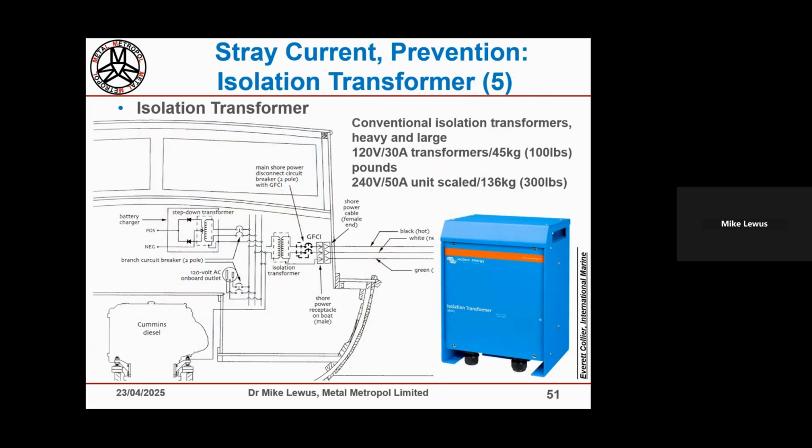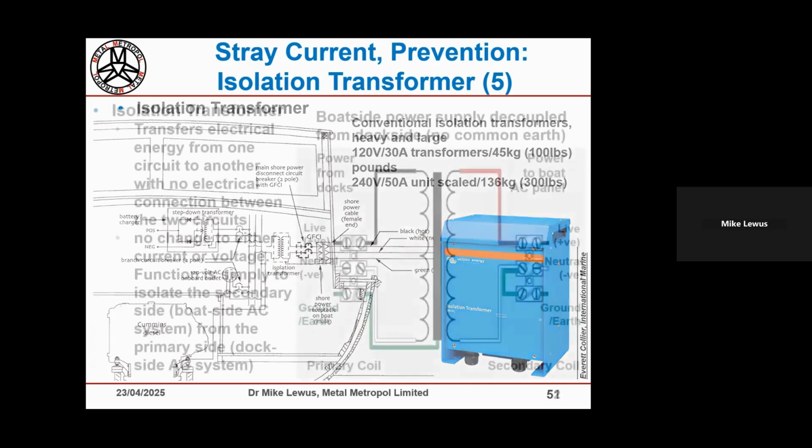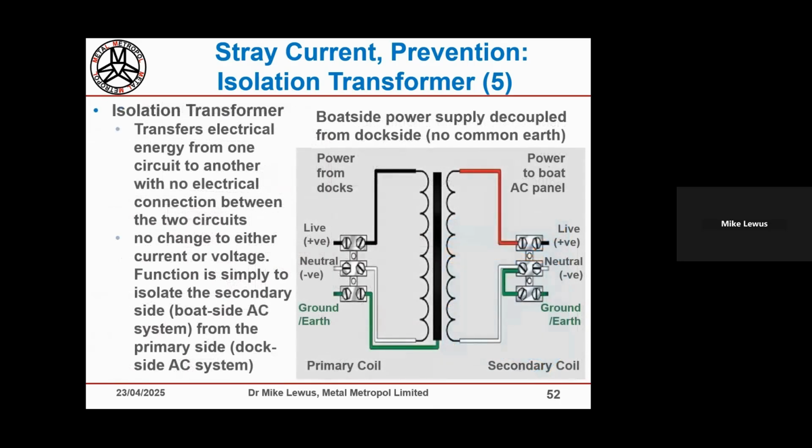It used to be that these were very big and bulky, so people with smaller leisure vessels didn't typically use them or buy them. And they were not just big and bulky, they were expensive. But now they are significantly smaller and not as expensive. Certainly for around the £500 mark, you could get a reasonably sized isolation transformer. I was going to say £500 might still seem a lot of money to many people, but